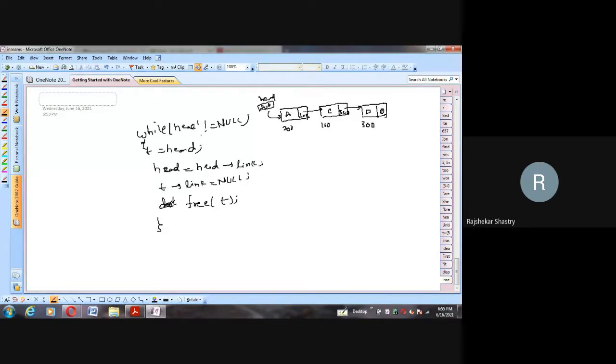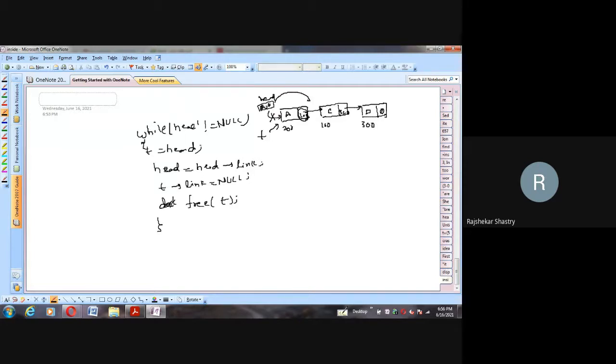So this is about freeing all the memory. Okay, so let us see how this works. Head is not equal to null. Yes, true. Head is 200, which is not equal to null. We will get into the body and assign the head pointer to T. Just as head is pointing to the first node, T is also pointing to the first node. Then we are moving our head to the next. So in head, we are storing the link. The link is holding 100, so that 100 is transferred to head. That means this link is removed.